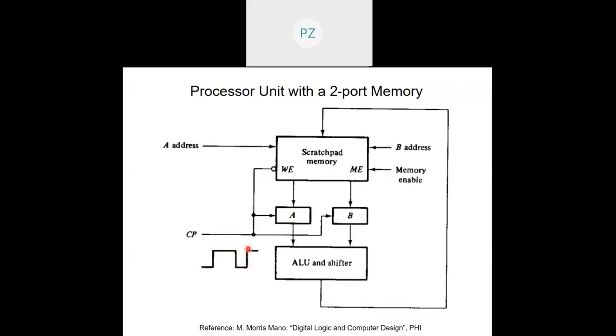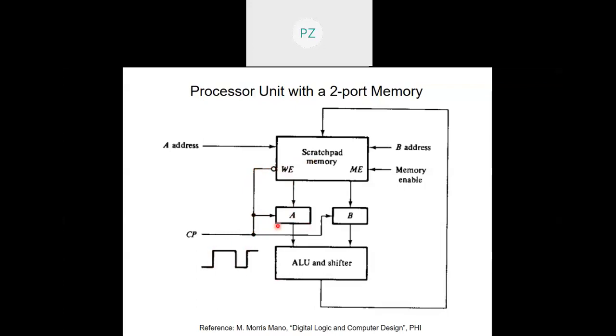And that makes sense because reading and writing should not be simultaneous, so that there is no inconsistency of data. If reading and writing is simultaneous, you never know whether writing took place earlier or reading took place earlier, so the data gets ambiguous. What data have been written, you cannot say for sure. That is why we are putting them in active low and active high mode, right?